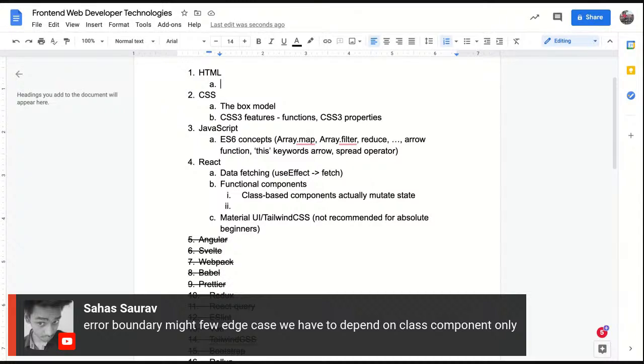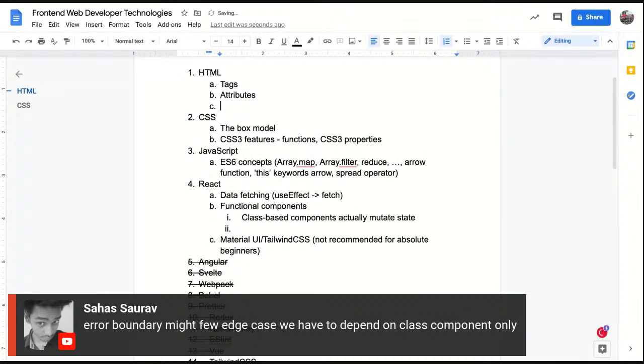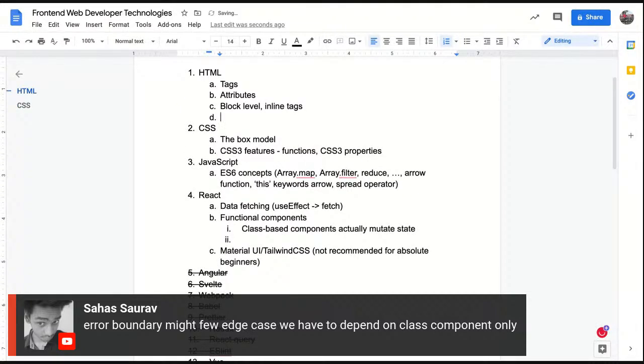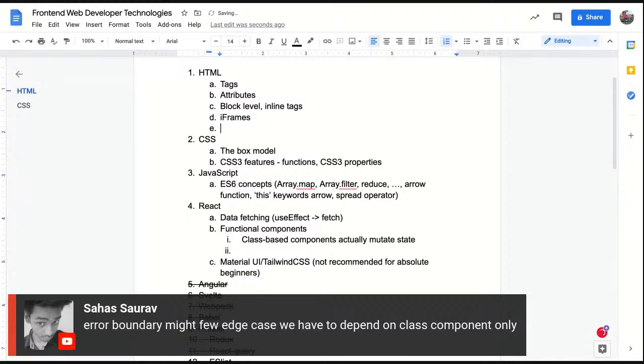going into depth of it, because pretty much you just need to learn about tags, attributes, common tags, and not really common tags also, something like block level tags and inline tags, things like these. Because I feel like HTML is pretty much owned by CSS. You can do a lot of stuff with CSS in terms of manipulating your HTML document. Iframes is one thing. Then I don't know, some more concepts might be there which I'm forgetting, but more or